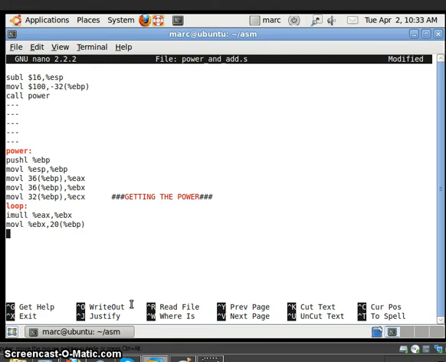Now after each multiplication and each saving onto stack of the result, we should compare our counter register with 2. If it is equal to 2, then we should jump to next. And where is next?